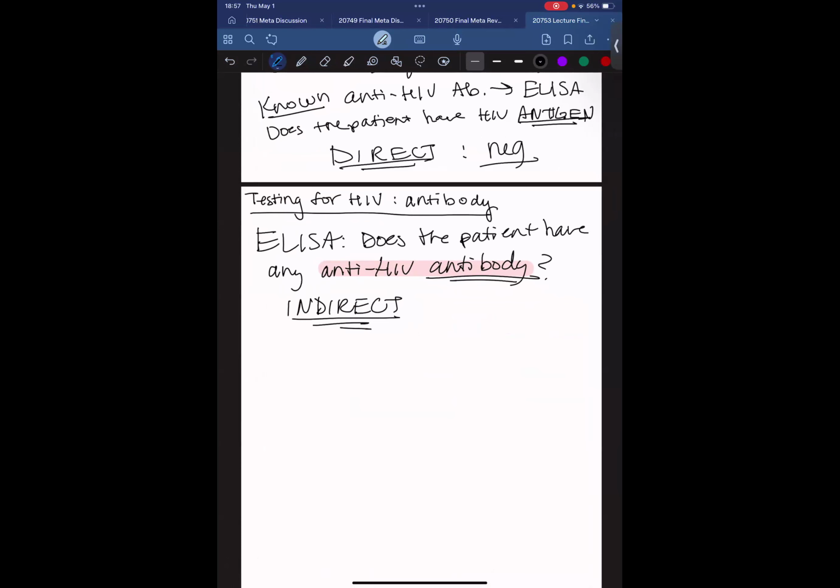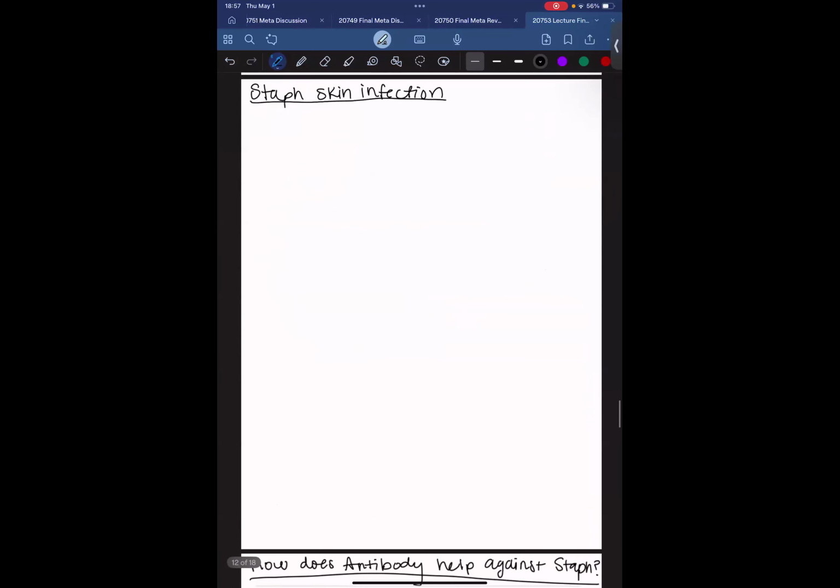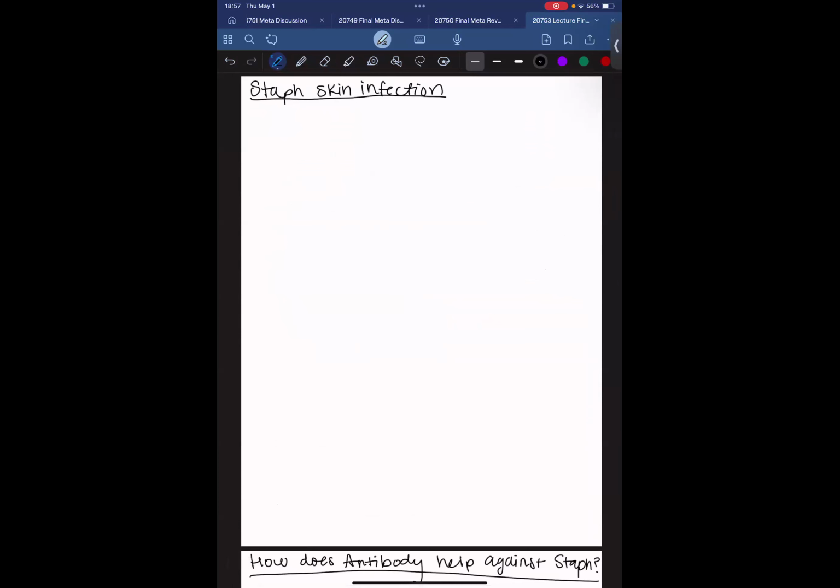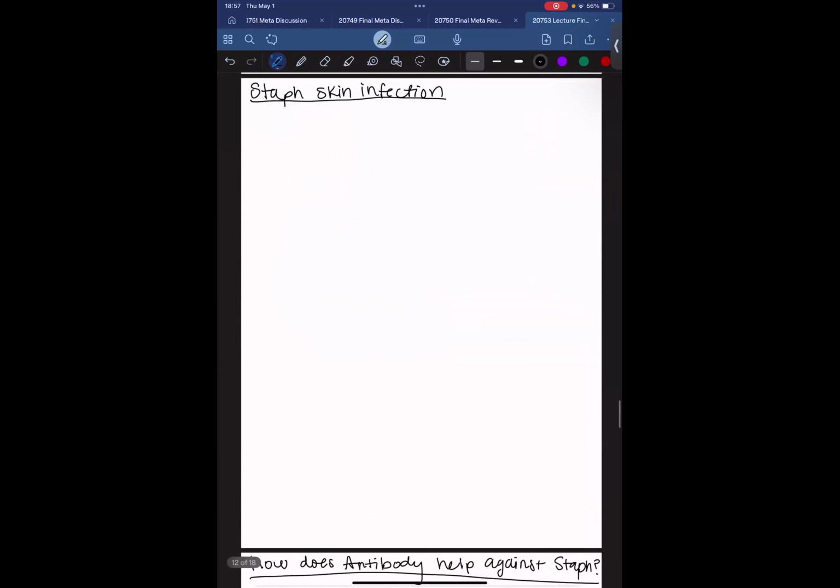Okay, so we're going to move on to a staph infection now. This person has gotten a staph skin infection. Let's say it's somebody that was shaving their face or their legs, and then Staphylococcus aureus got into the body that way. We already know, if we're talking about staph skin infection, and if I were to draw them like this,